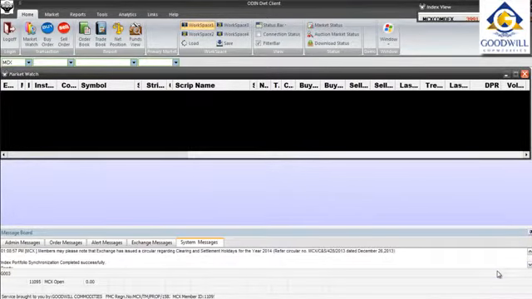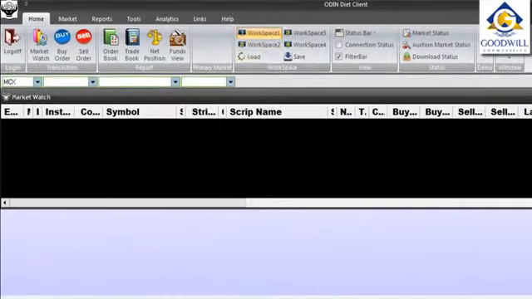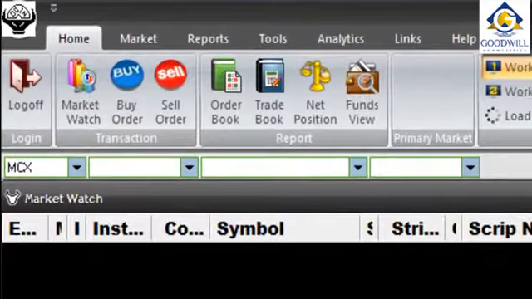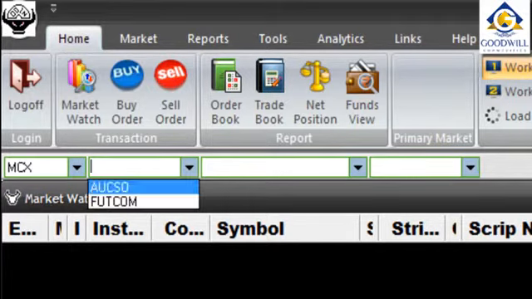In order to add a particular commodity, just after clicking the market watch, this black color window will open. Why is the workspace 1 highlighted? Whatever we are doing is related to workspace 1. Here next you can see this white color box. The first one is mentioned MCX. This is the segment which we are using for trading. In the second column you choose